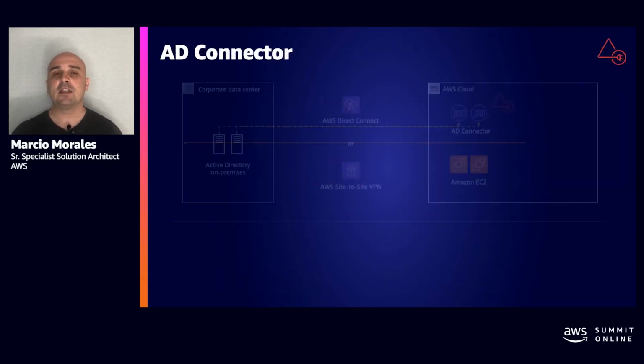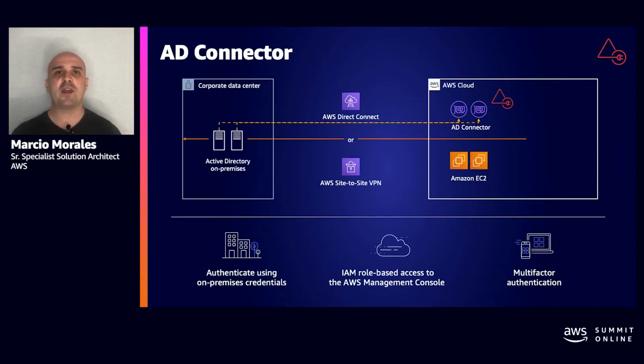But let's say you don't want to manage domain controllers as Amazon EC2 instances, and you don't want to have an additional domain and forest on your Active Directory domain footprint. However, you still want to have direct Active Directory authentication on AWS resources. So what you can do is choose AD Connector. AD Connector works as a gateway authentication.